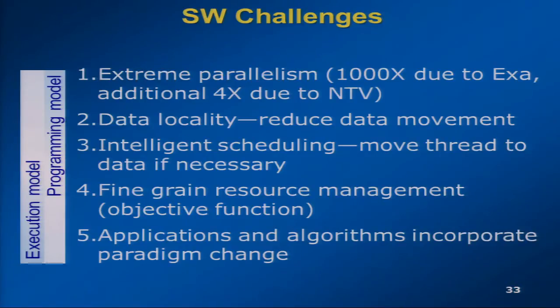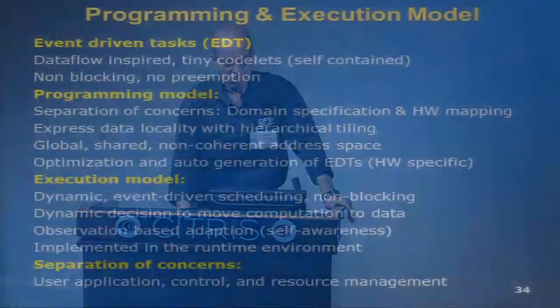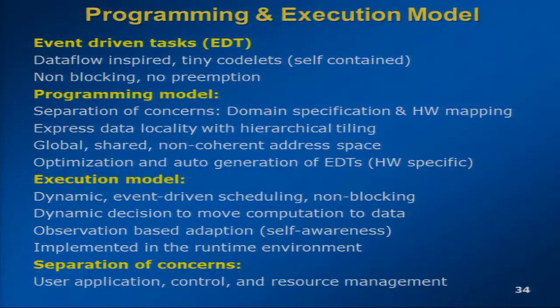Reduce the data movement. You need intelligent scheduling. Today's schedulers and system software are fairly dumb. Sorry to use the word dumb, but all they look for is what's available and schedule a thread. That's not what we want. Like you said, we want asynchronous scheduling, which is introspective. There should be fine-grained resource management, and we need to really rethink some of the algorithms. So I'm not going to go through the laundry list of the programming and the execution model, such as the asynchronous event-driven tasks, new programming model with separation of concerns, the new execution model